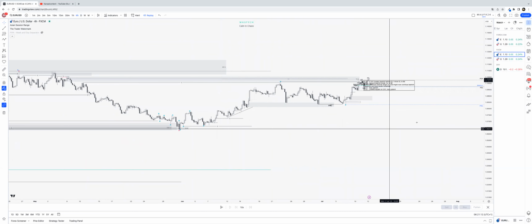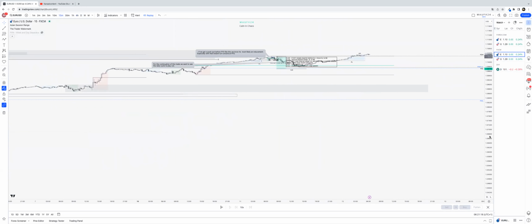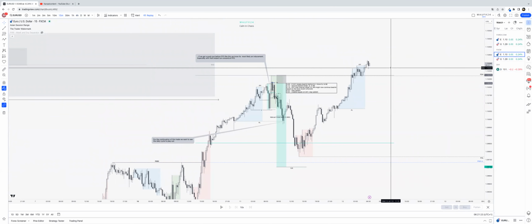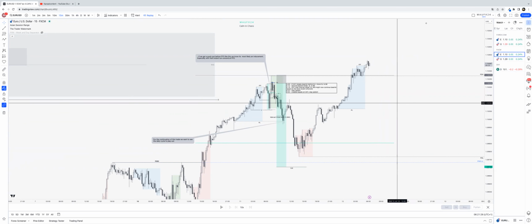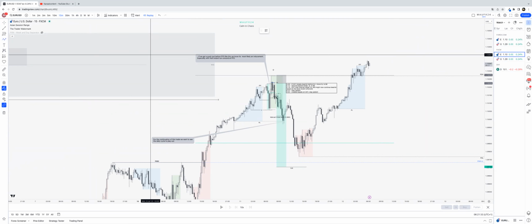For today, I would say look for shorts. There's no reason to look for longs yet. There's no area, because I always look from a London trade perspective. So I would say look for shorts, because to get down here is quite a move, and then to move up again, that's a lot for London. So I would say wait for